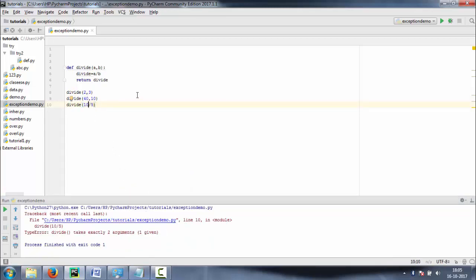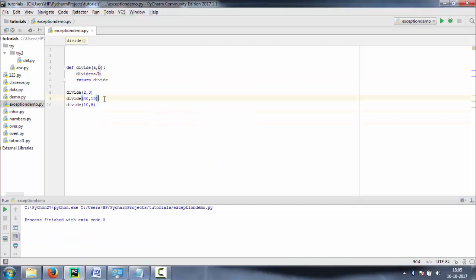Oh, I forgot. Sorry. Okay, now let's run it. I forgot to print the output. Let's print all these situations. Okay, let's print this too.